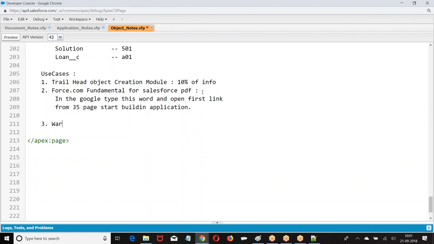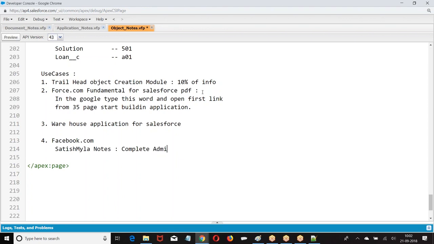Third one, then go to my Facebook community, Satish Maila Notes, and complete the Admin 1 project. So these are the use cases which you are supposed to practice.